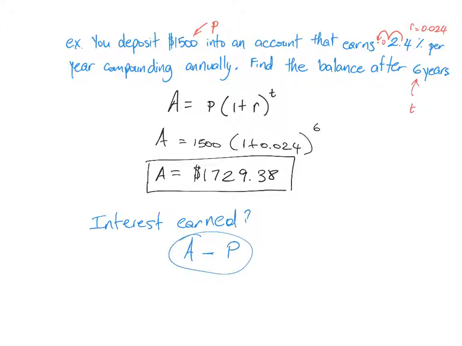Our final value was $1,729.38, and our starting value was 1,500. The difference between those two amounts is $229.38. That's the extra money that was earned, and so that is the interest. All right,